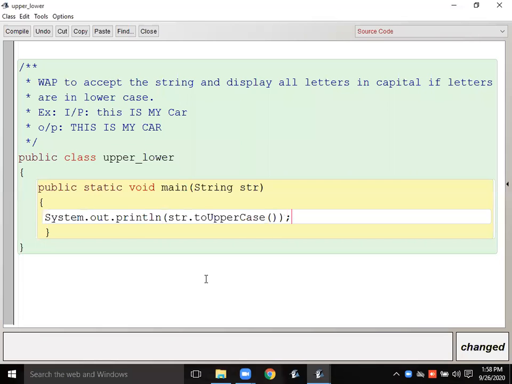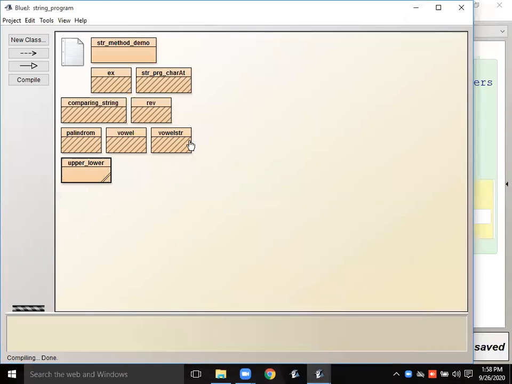Okay, then whatever you are going to input, see that it is going to be displayed into the uppercase.